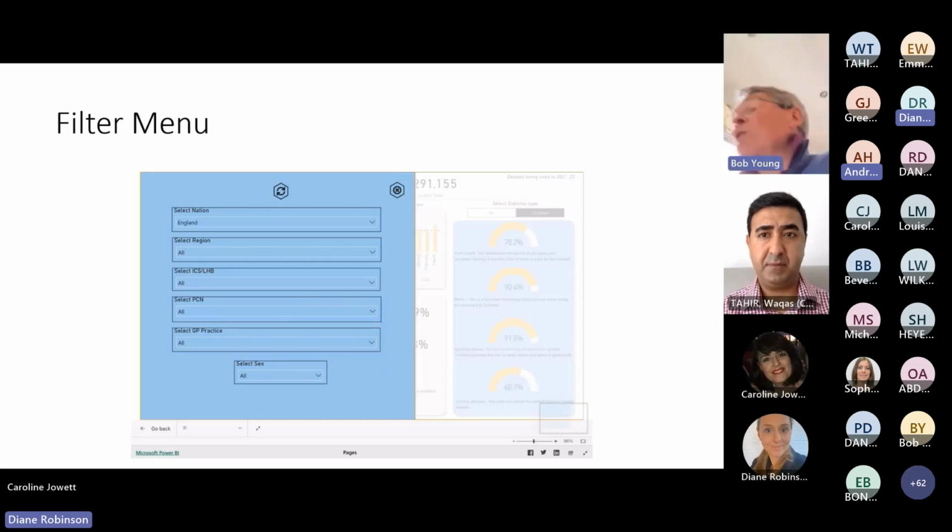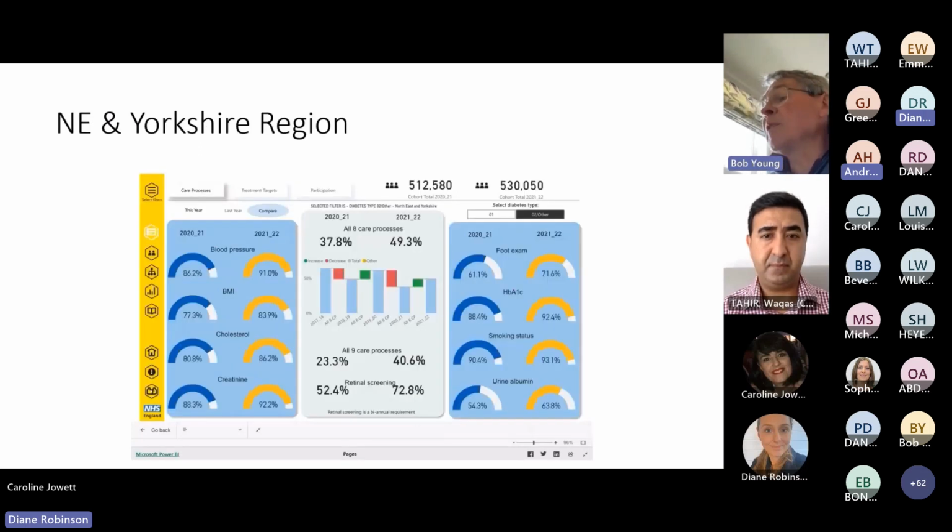So first of all, he selects the Northeastern Yorkshire region, and this is the same view that we looked at before. So this is type 2 diabetes, comparing care processes for 2021 and 21-22. So there's a picture there for how the Northeastern Yorkshire has done over this particular year. And then you can click through on the